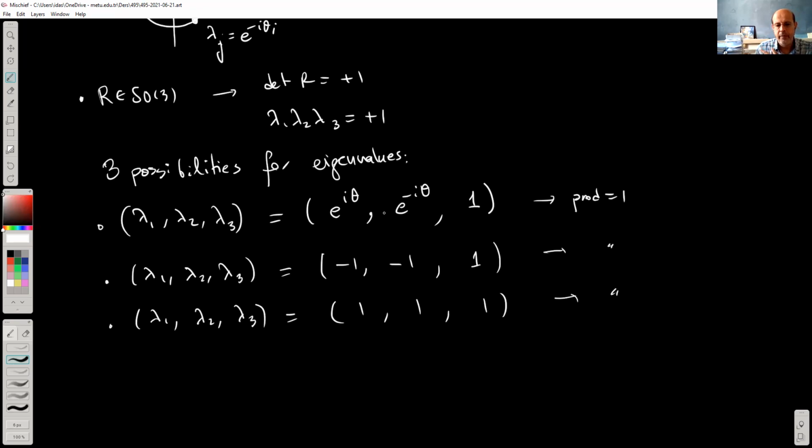Okay. So I think at this point, I'm going to say that the last two possibilities in here are actually a very special case of this situation, if I also extend the definition of theta to include theta equals 0 and theta equals pi. Right? Or let's say we can say that